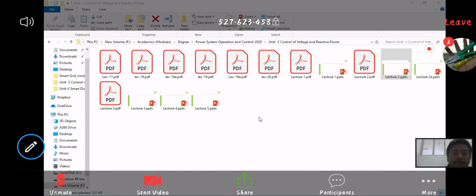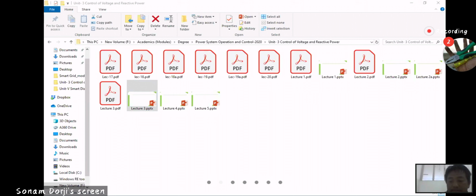Passive compensation we have already finished, having covered shunt reactors and shunt capacitors. So now you know the difference between shunt reactors and shunt capacitors. Now the next lecture will be on the